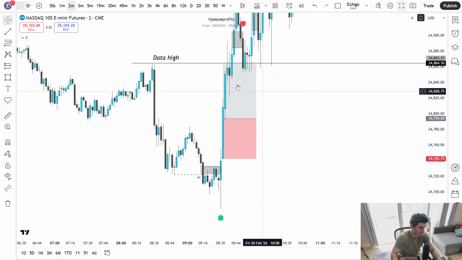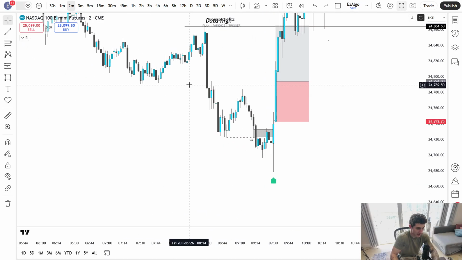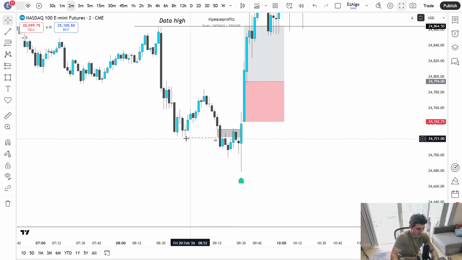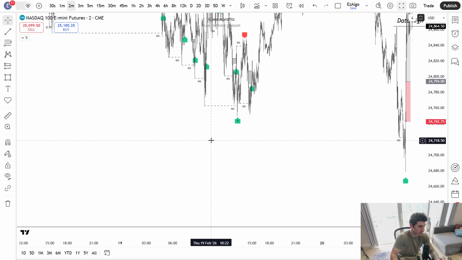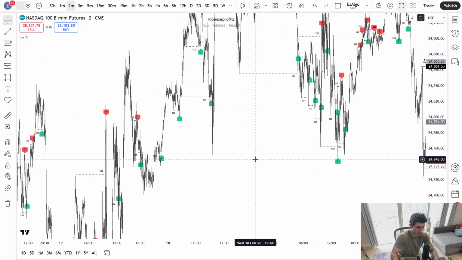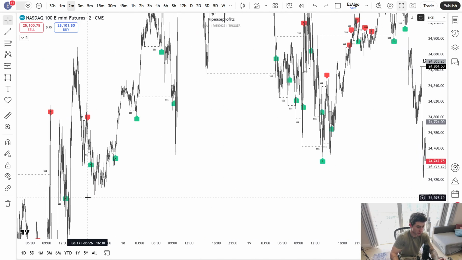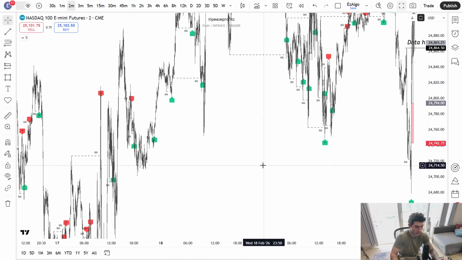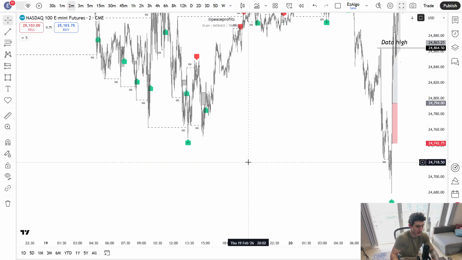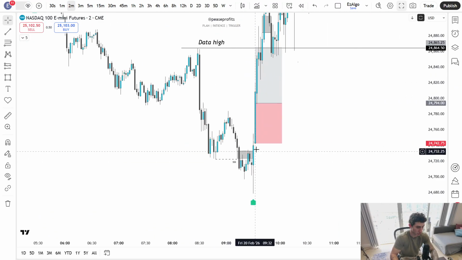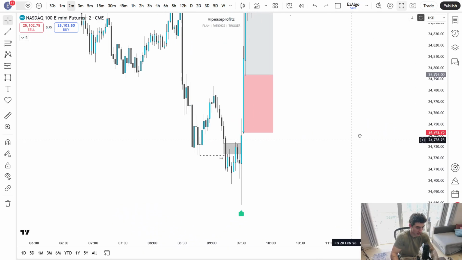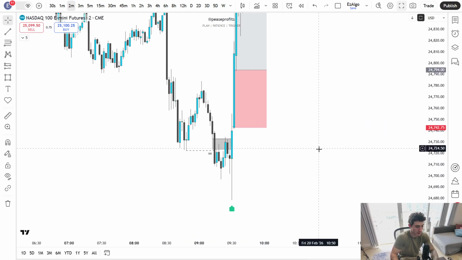So, same exact reversal model I've covered many times. We have that 930 manipulation, right? Taking out these internal lows, also taking out some of these previous session lows, equal lows. So we've taken out a majority of the external liquidity here that I would like to see taken out before a potential reversal. Now, of course, our indicator also called this 1 minute inverse.